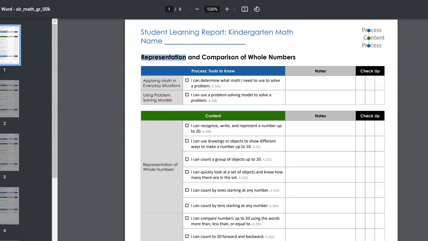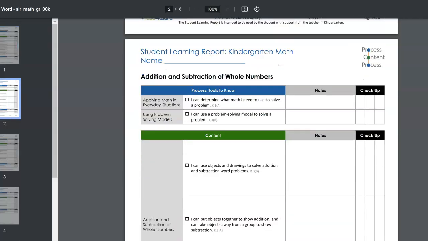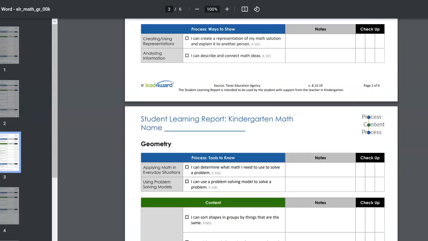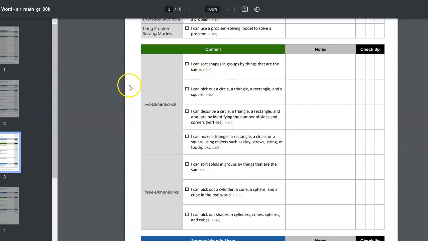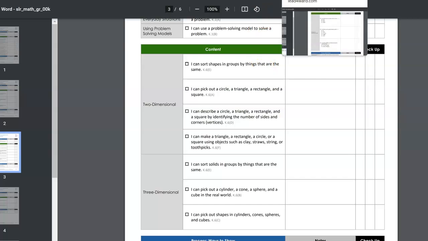Since this is mathematics, we are looking for our geometry because that's where our long strand is. And here on the geometry, you can see it has two different topics with the content where it simply says, "I can sort shapes and groups." So those sentences can easily be transformed into essential questions